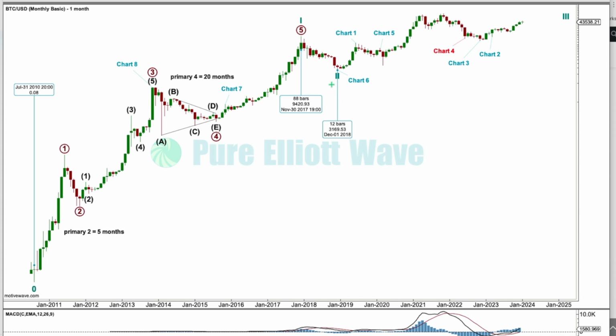We're going to have a look inside this. We're going to have a look at some examples in here, and I can't show you the bigger picture for that, but we're going to have a look at some examples back in here. So the first example, we're looking at the end of this impulse. It's got a beautiful curved look. You can see the problem with the proportion at a higher time frame, even here at the monthly time frame. This is an example of parabolic growth. And when you have parabolic growth, you have time-consuming second waves and brief and shallow fourth waves. So let's look at our first example.